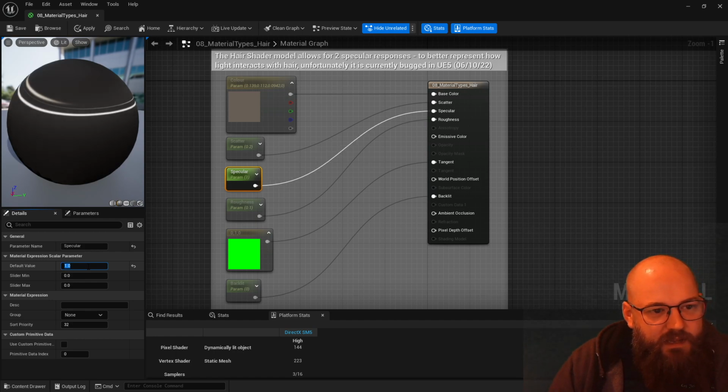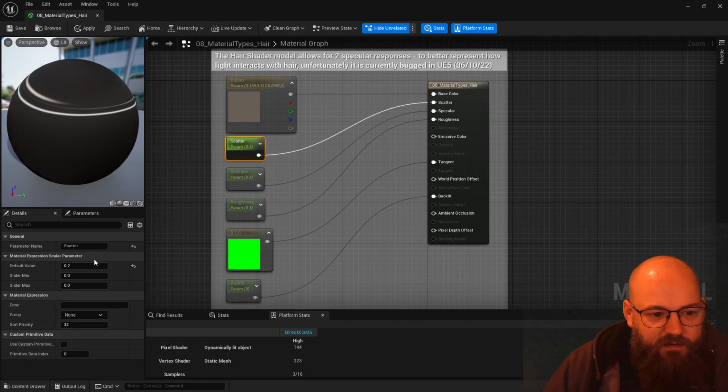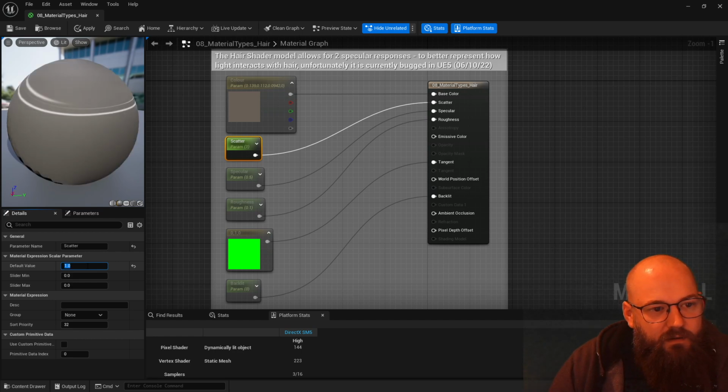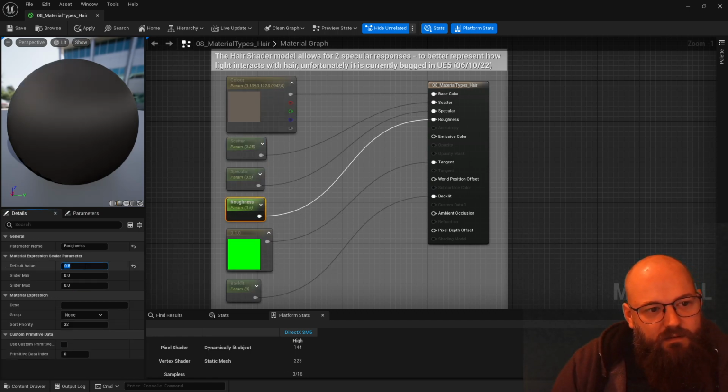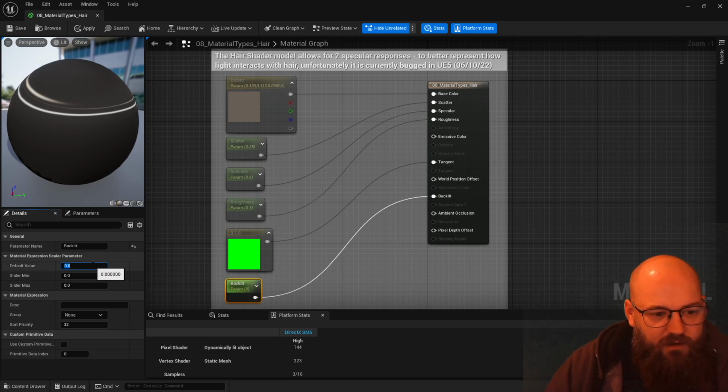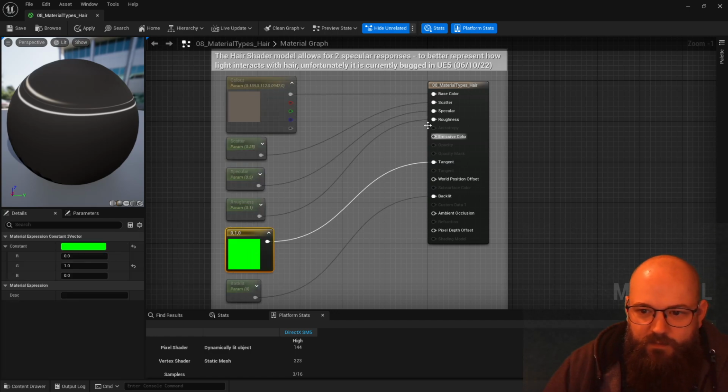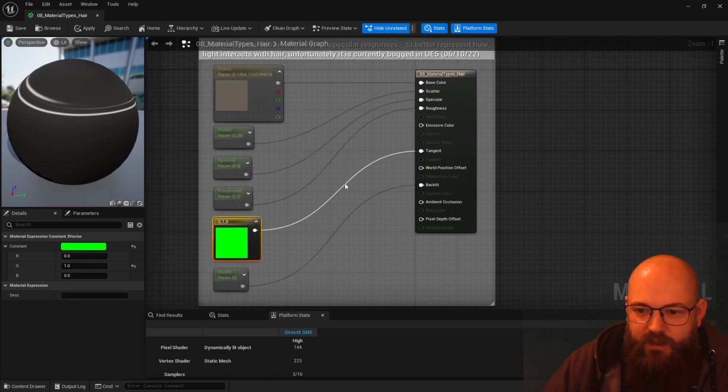So one set of specular highlight is controlled here by the specular input. Scatter controls the light bouncing around. They may have fixed this. Roughness controls the thickness of those. Backlit doesn't do anything. And then when we're using the hair input, it gives us an anisotropic response, and we